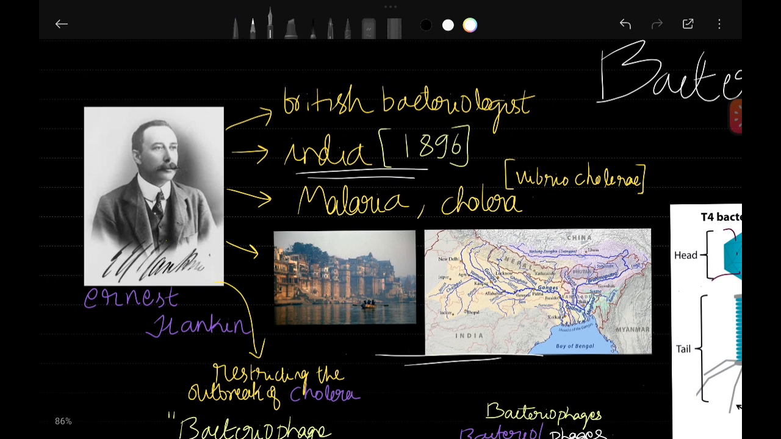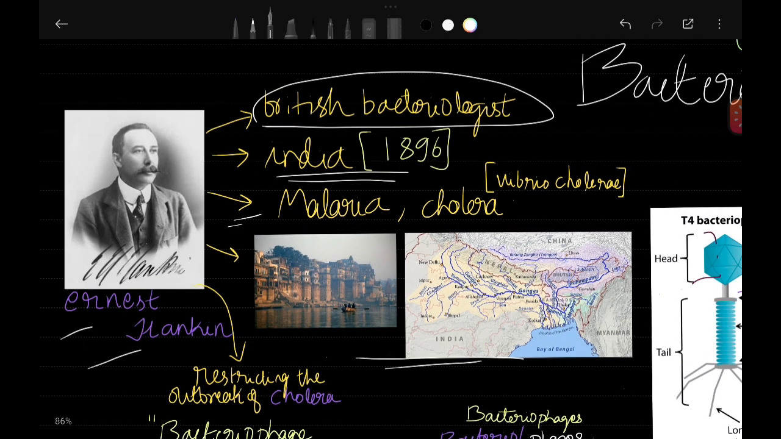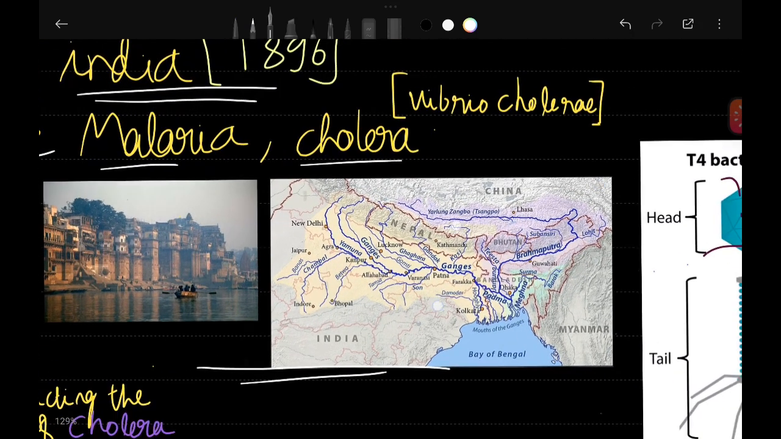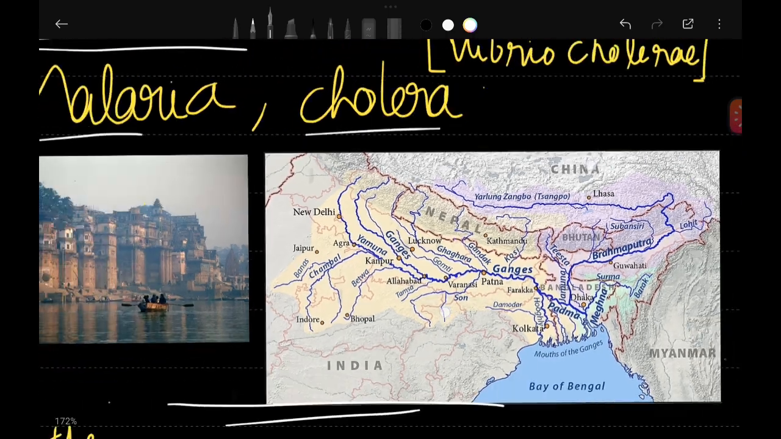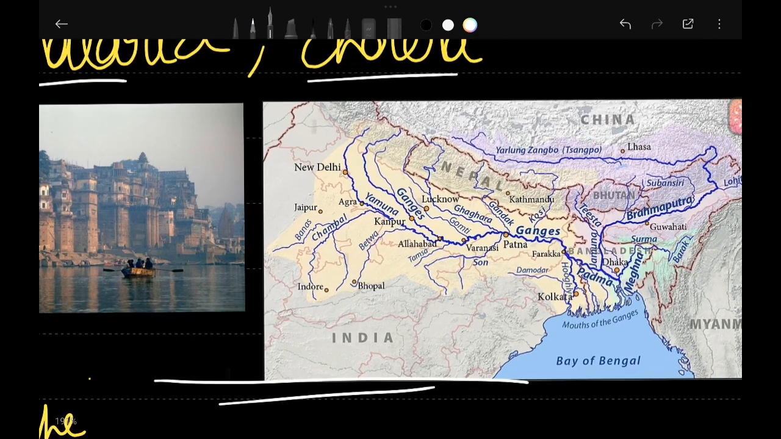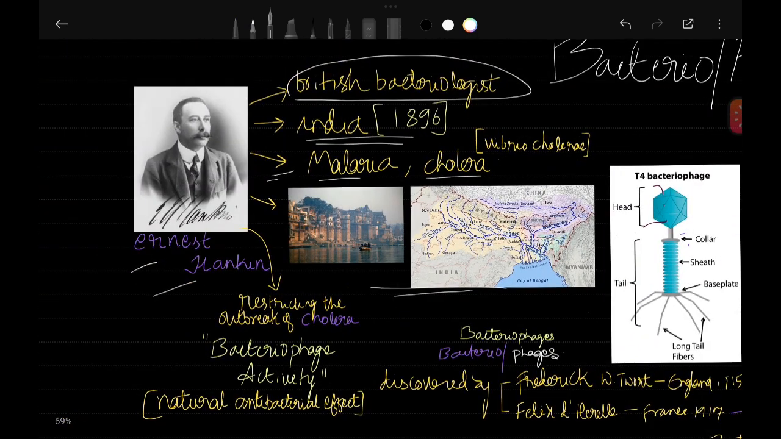In the British era, in 1896, a British bacteriologist named Ernst Hankin was working on malaria and cholera disease. Basically, the study matter was related to the spread of cholera and malaria across the rivers Ganga and Yamuna. What he noticed was that the residents or the areas located near the river Ganga had experienced a very small outbreak of cholera, in contrast to the other areas located far away from the river